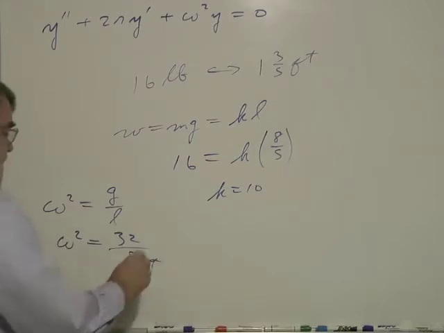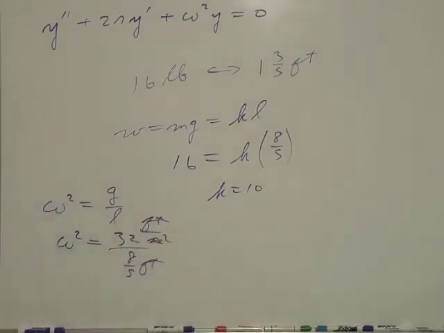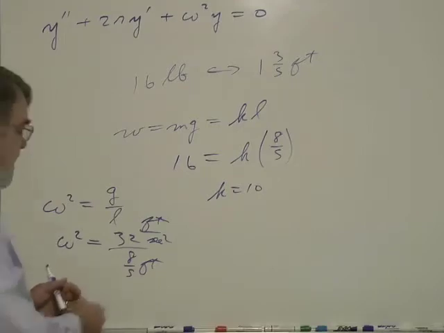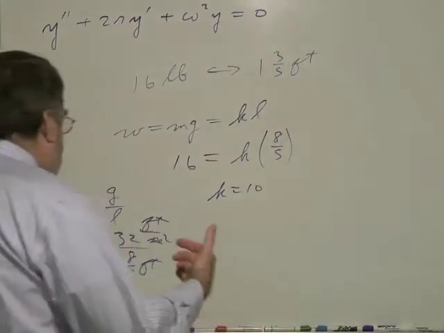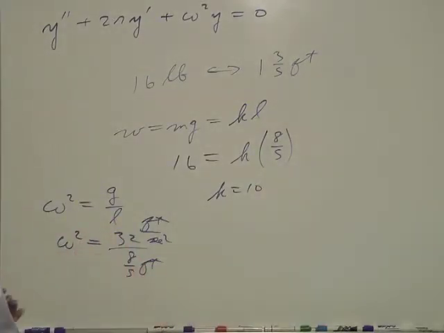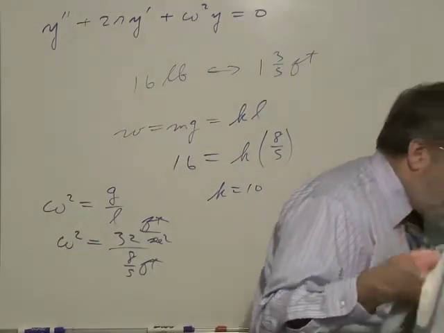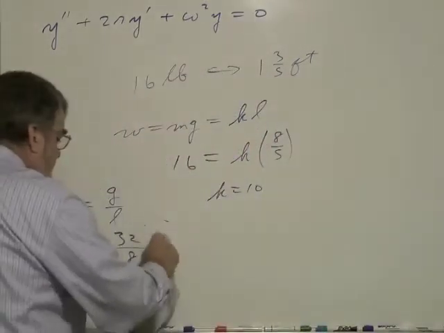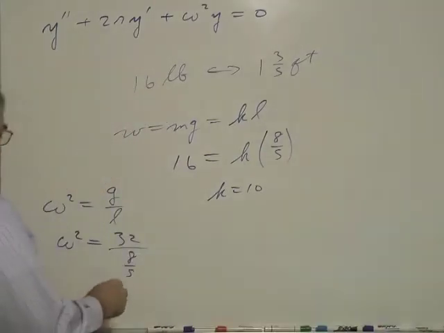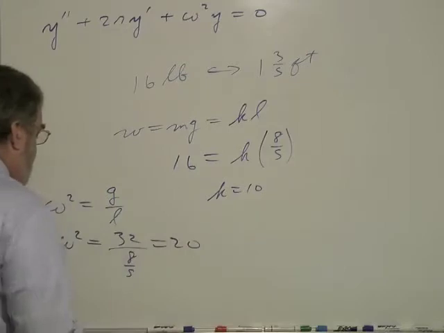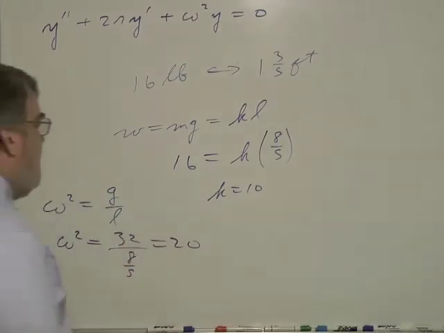The feet cancel, so my units are going to be 1 over second squared, and when we solve for omega, it's going to be 1 over second, or hertz. So what's 32 divided by 8/5? It's going to be 20. Just invert and multiply. Omega squared is 20,